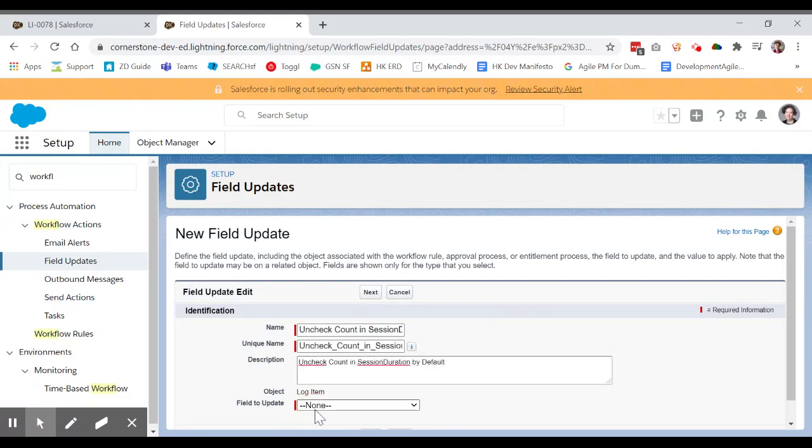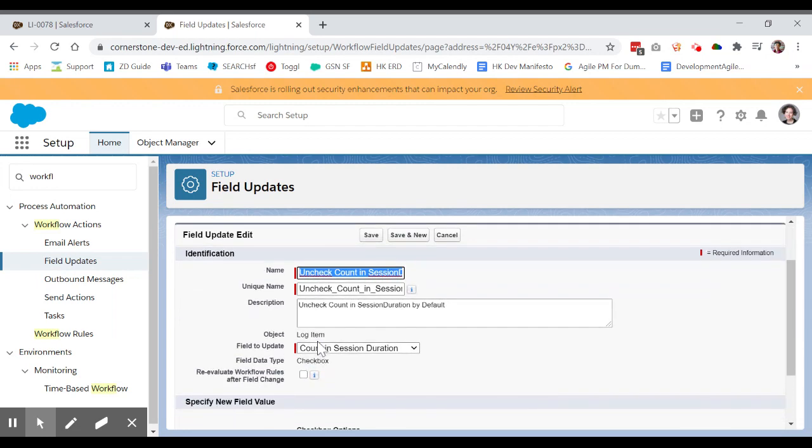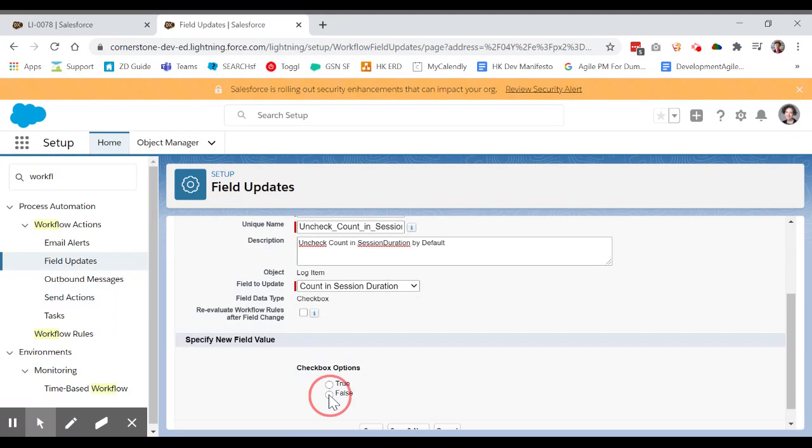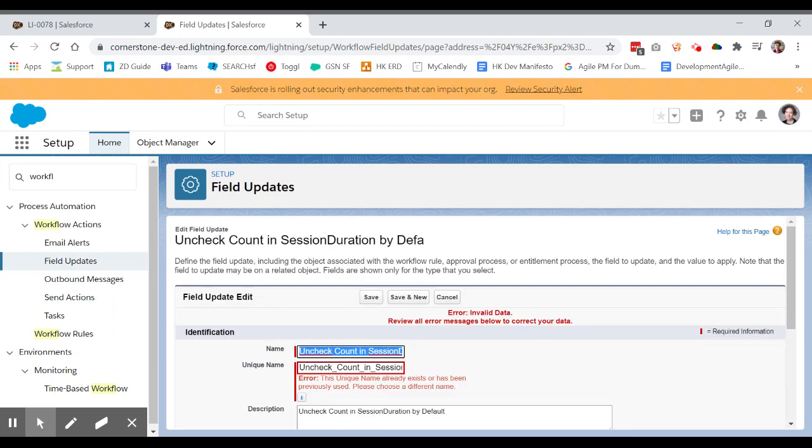In this case, the new field update is going to be unchecking count and session duration. You can name this anything. I'm just putting a name in here that's especially descriptive, and descriptions are always good. So we're going to update that specific field. This is a checkbox field, as I demonstrated at the beginning, and we want it to be false, which is unchecked. Now I'll click Save,